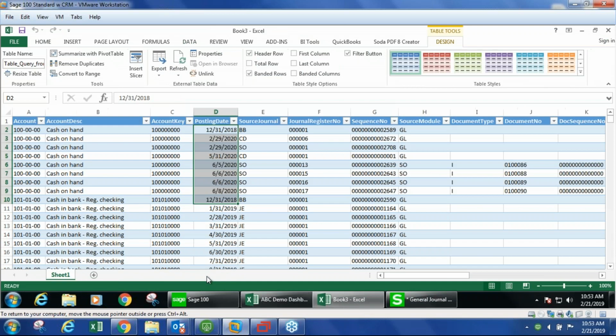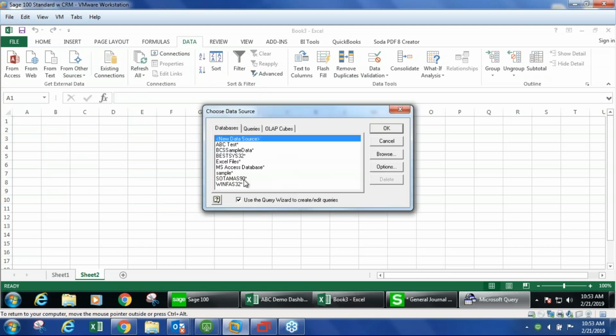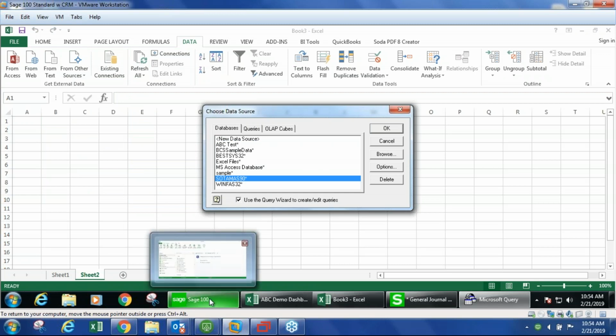if I were to go in here and go to Data and From Other Sources, that Sodamass 90 DSN is only available wherever we've installed a Sage client, okay? So again, if you have Excel on your local machine, but you connect to Sage through a terminal server or Citrix, you're probably not going to see this in your local Sage, but you'd have to open up Excel in the same environment as Sage for you to see that, which means you'll only be able to use a database query in the same environment